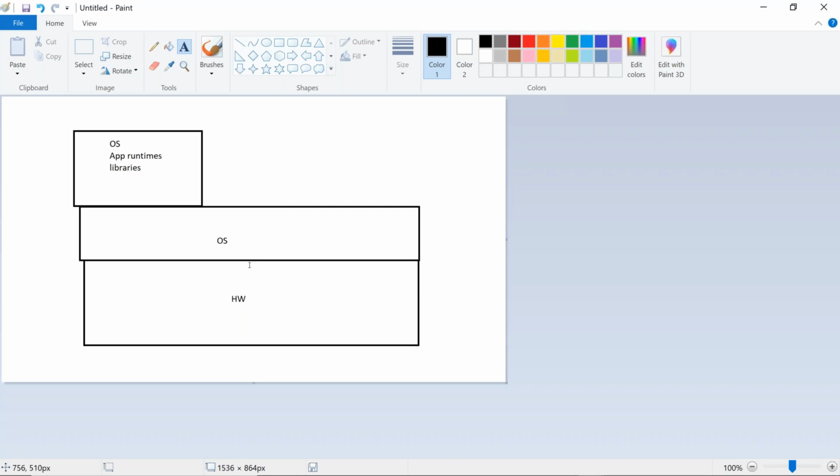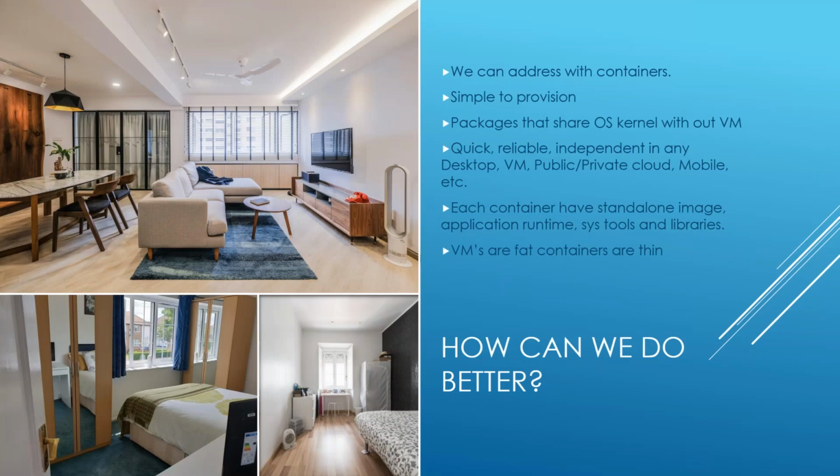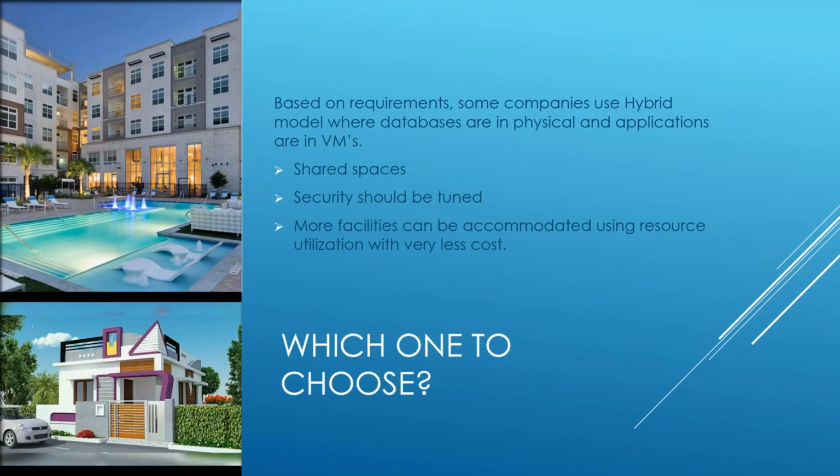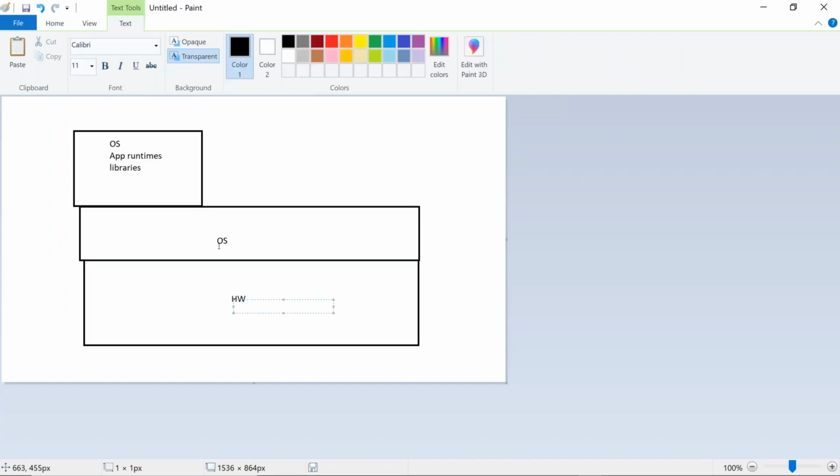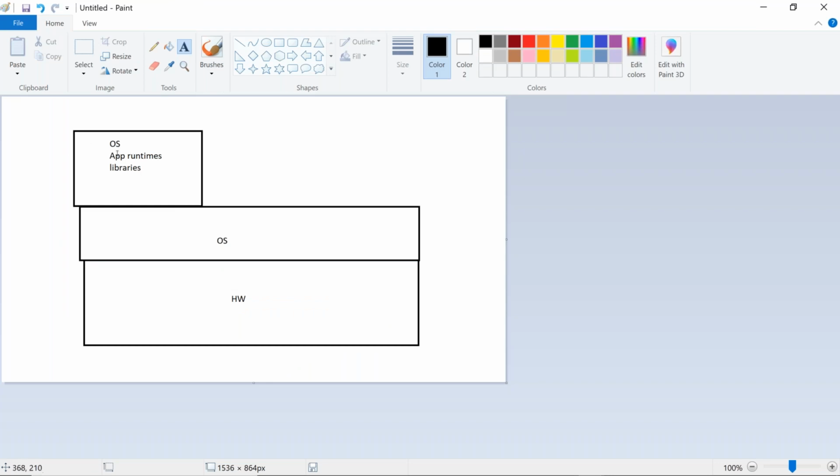Within a VM also, you can plan for better resource utilization. So now this is your hardware, this is your OS, and on top of it you run what is called a container.